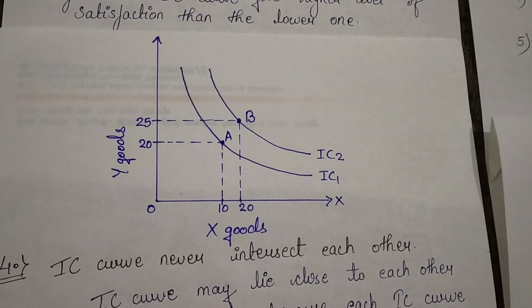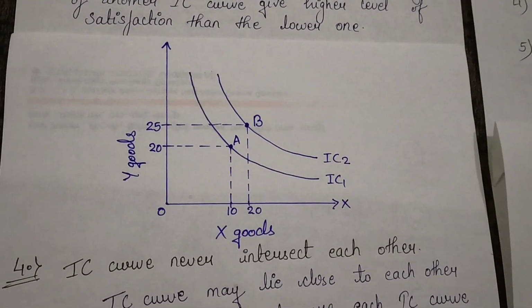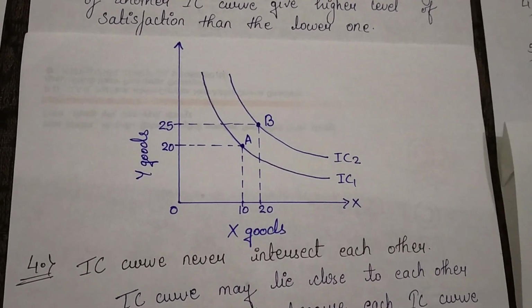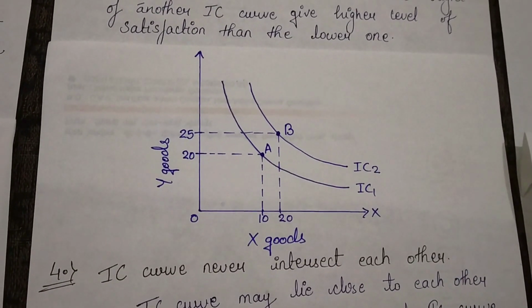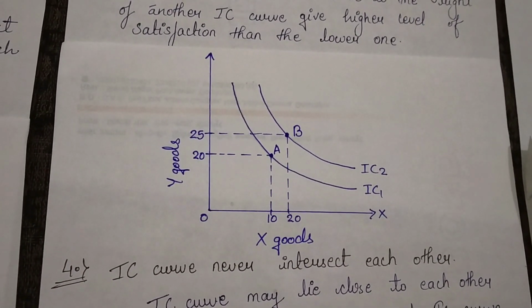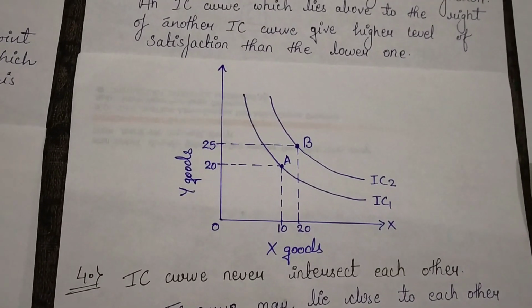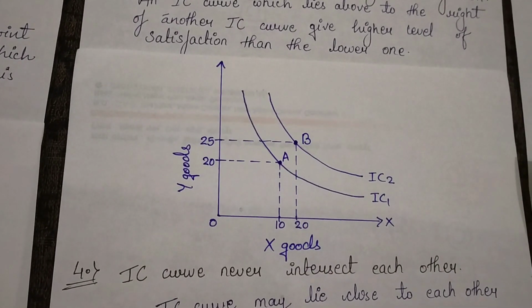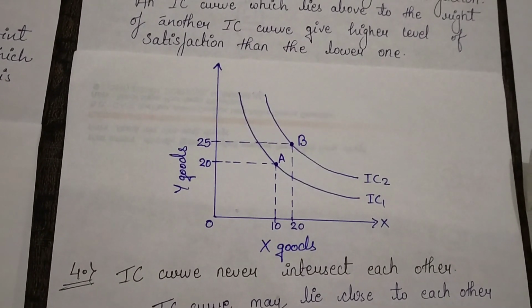When we were on IC1, we were consuming 20 units of good Y and 10 units of good X. When we shifted from IC1 to IC2, we are consuming 5 more units of good Y and 10 more units